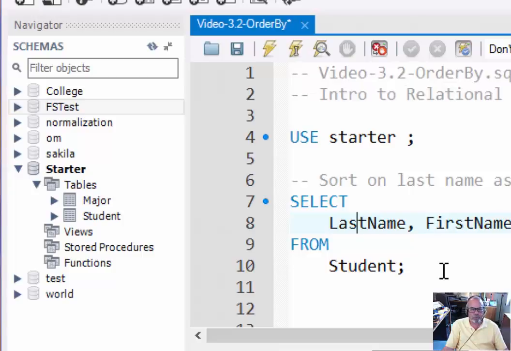Alright, now this is an unsorted statement. It's a select statement that has no sortation specified for it. And basically in SQL databases, when you don't specify how it should be ordered, then it comes out in a random, sort of an unpredictable order. Normally when we produce a list of people like this, we would like it to be sorted on their last name. So I'm going to come in here and add an order by clause. And I'm going to order it on last name. Now let's run this